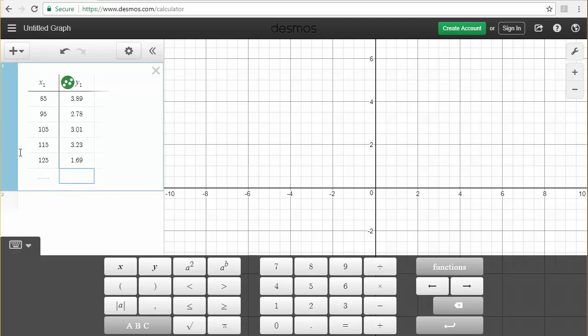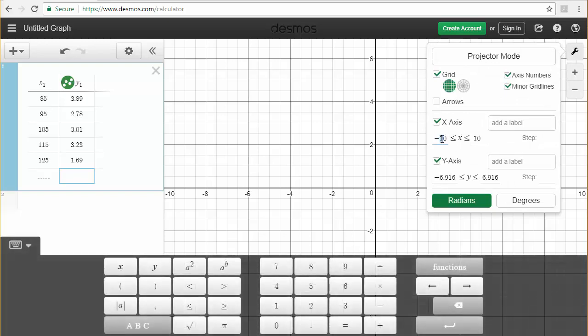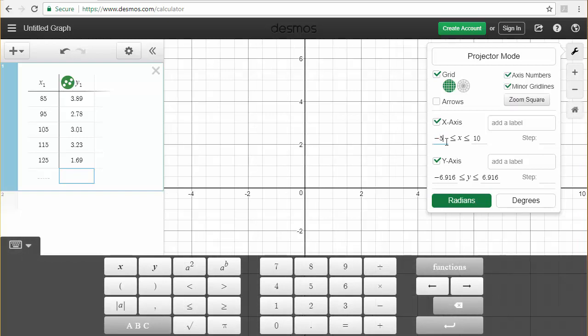Now, with these values in, you might look over this window and say, wait a minute, I'm not seeing anything. But remember, my independent variable values here run from 85 to 125, and in this window I'm not going to see that. So I'm going to go up to my monkey wrench here and change my graph settings. I'm going to go from -5 over to 200,